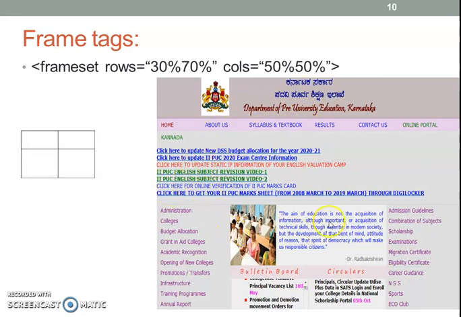Here I consider an example of the PU board website home page. A single web page can represent multiple data related to departmental activities. Here the whole web page is divided into 4 rows: first row, second row, third row and the fourth row. Each block is helpful to represent its own action.